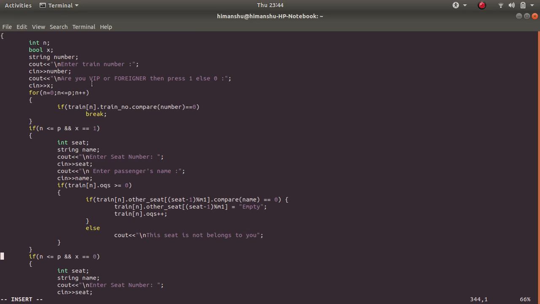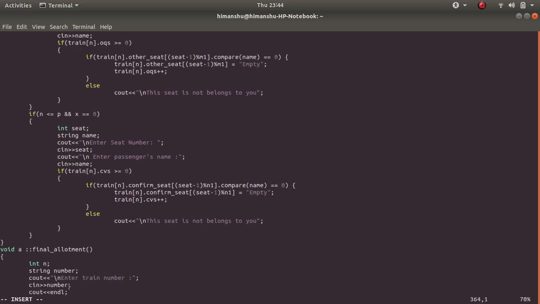If the passenger is not VIP, then he belongs to confirm sheet. Then this also works as other quota sheet. And finally we have to call the final allotment function.